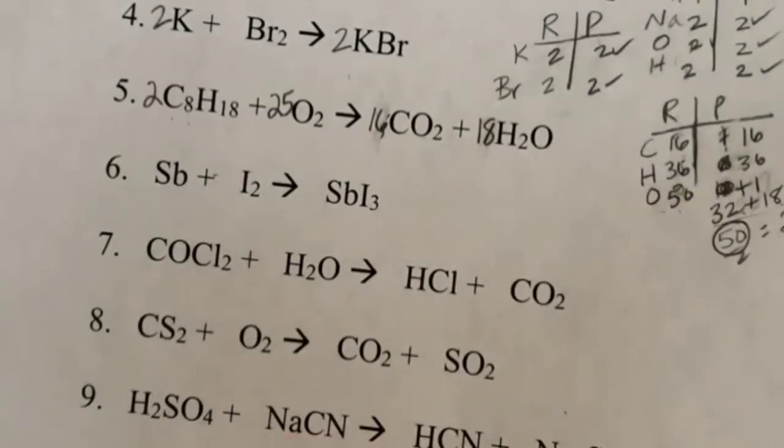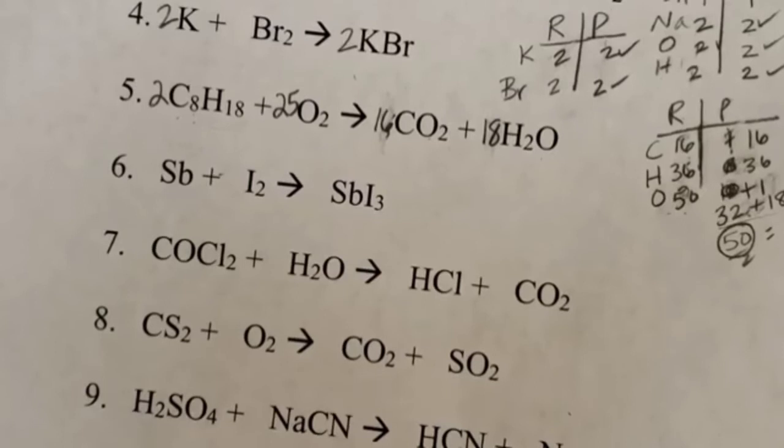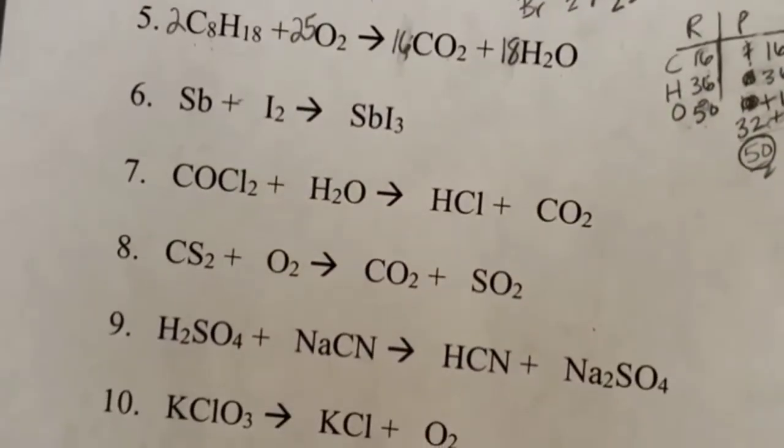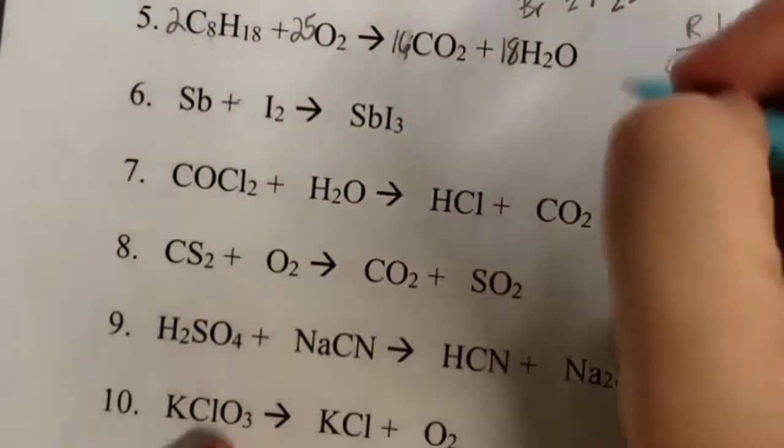There you go. 2C8H18 plus 25 O2 yields 16 CO2 plus 18 H2O. It's a very, very large reaction, oxygen-wise. All right. So number 6,